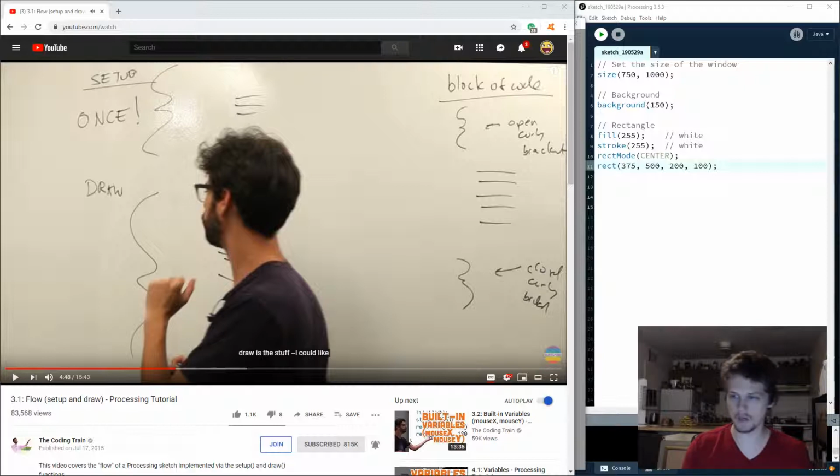So there's going to be two sections of processing, specifically: one, setup, and two, draw. The drawing part is the function that will update itself. So setup,